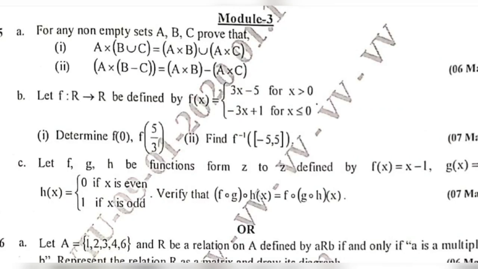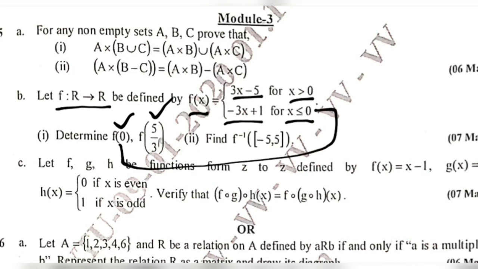Coming to the 5b question, we have the function from the relations, and the function is defined as 3x minus 5 for x is greater than 0 and minus 3x plus 1 for x is less than or equal to 0. Our task is to determine f of 0 and f of 5 by 3. Okay, so f of 0 will lie in this domain and f of 5 by 3 will lie in this